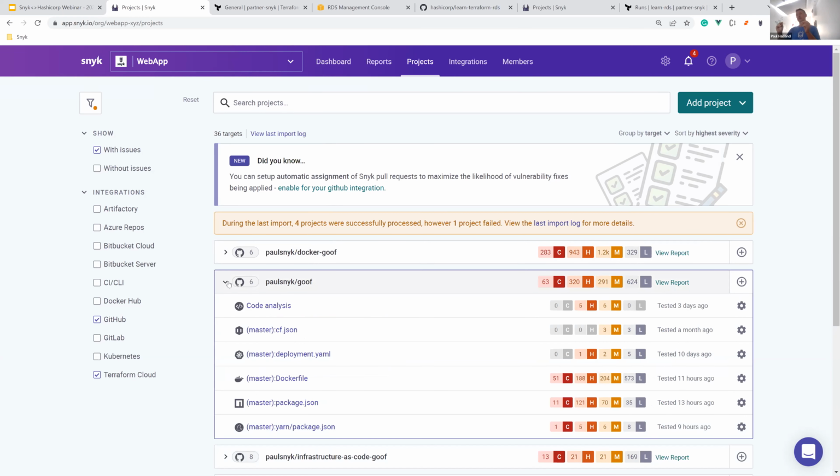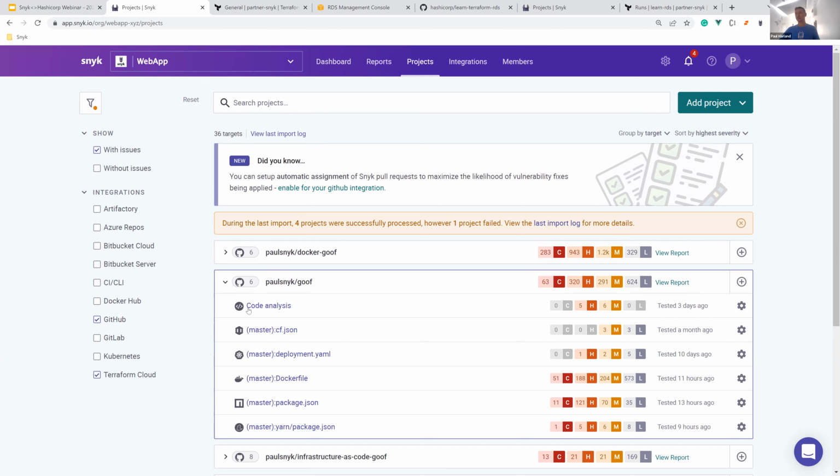You can see that we've actually done a scan down each of the layers that we mentioned before. So we've done a code analysis, that's the static analysis scan, and we've found some vulnerabilities. We've also done 2 open source scans, so we've found 2 package.jsons, because this is actually one of those monorepos John was talking about, with the front end and the back end in one repository. And here are the number of vulnerabilities we've added here. If we look at the Dockerfile, again, even before we built the container, we can scan the Dockerfile to look for those vulnerabilities. And we've found 2 different types of infrastructure as code, a deployment.yaml and a CloudFormation